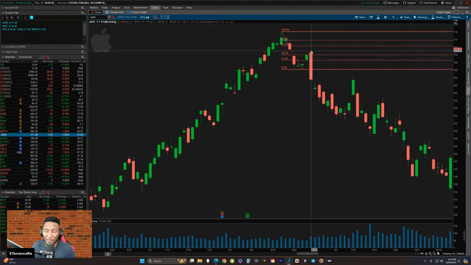Like you can see it. It hit here and then blew down. Like you can't deny that something happened there. This is the beginning of an impulse move. Something happened in the market. I don't know if it was news. Something happened. If I went back to look at the news on this day, what day is this? This is August 26th, 2022. I guarantee you there was some news event on this day.